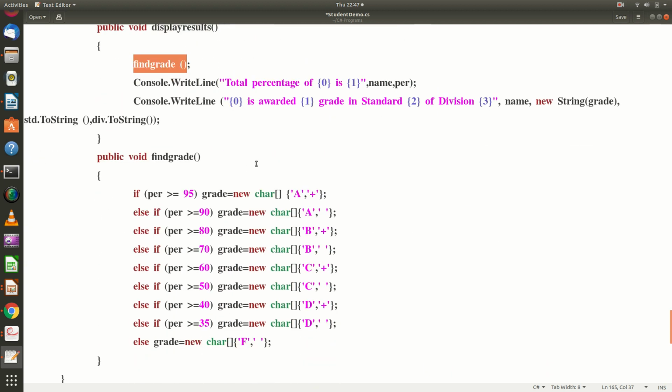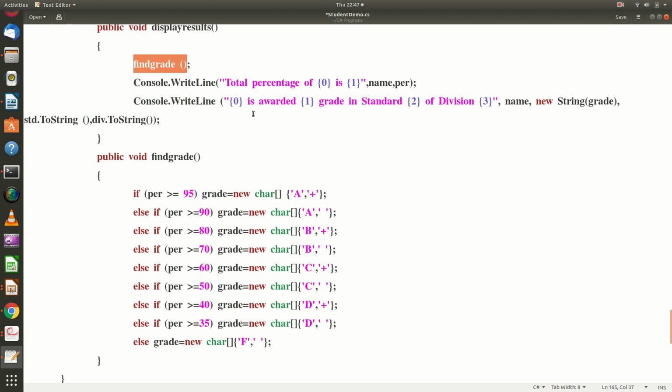Again the find grade method will be calculating the percentage like this. Greater than 95 will be A plus and the rest of the things are listed here. So again the result will be displayed as total percentage of Ram is whatever the percentage, 80%, 82% like that.